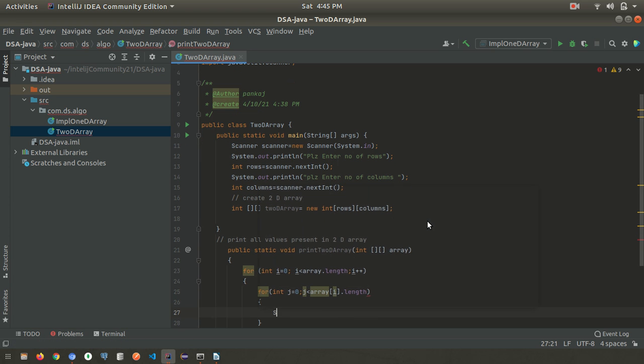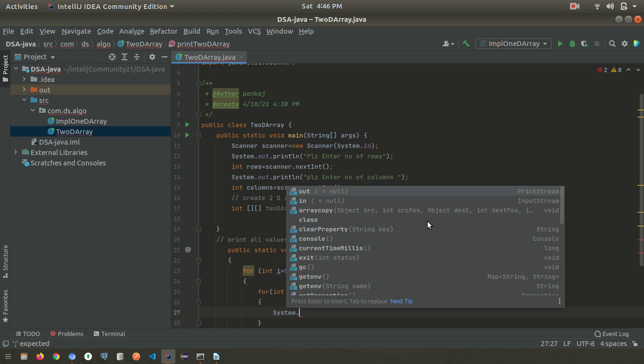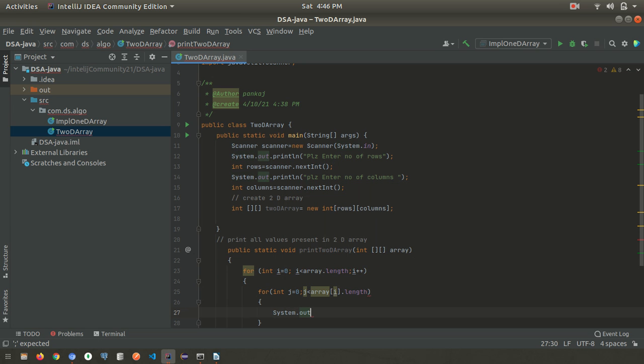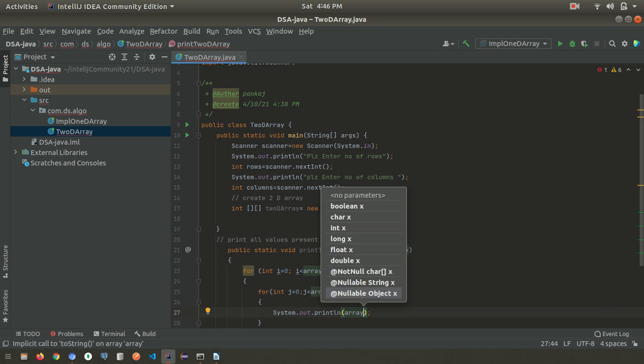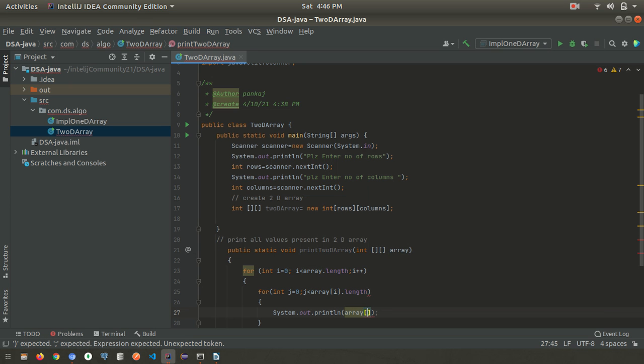Inside this loop we can write System.out.println, and here we'll give the name of the array, array, and the index. The row index is i and the column is j, and we will give a space between these values we are printing.